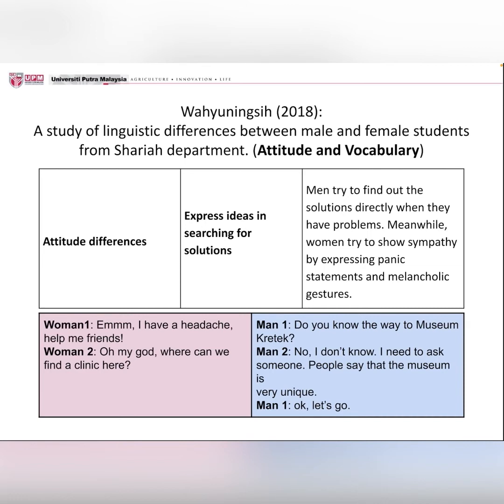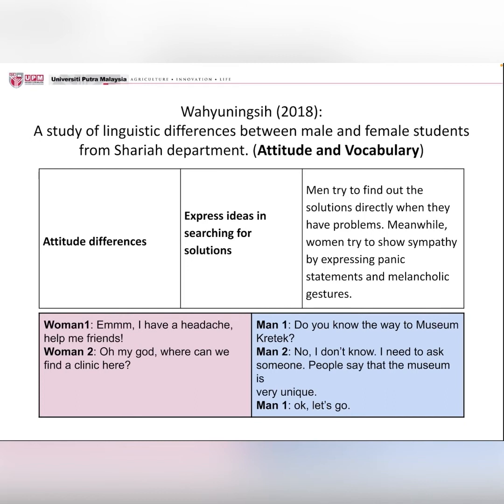Okay, but what about males' conversation? "Do you know the way to Museum Kretek?" This is in Indonesia. "No, I don't know. I need to ask someone. People say that the museum is very unique." "Okay, let's go." So you can see that men are more straightforward because they go directly to